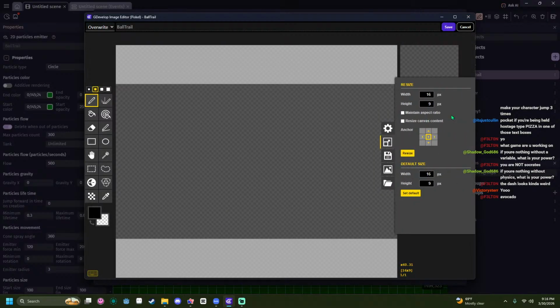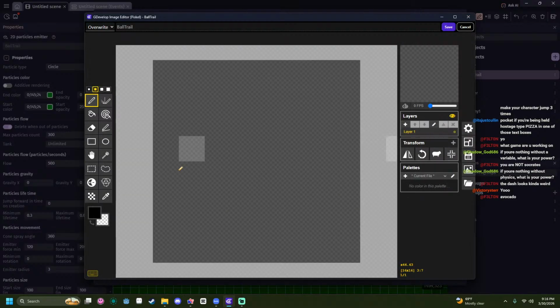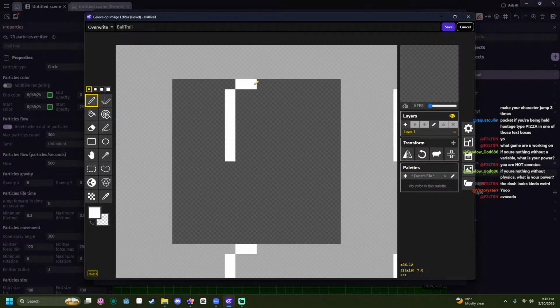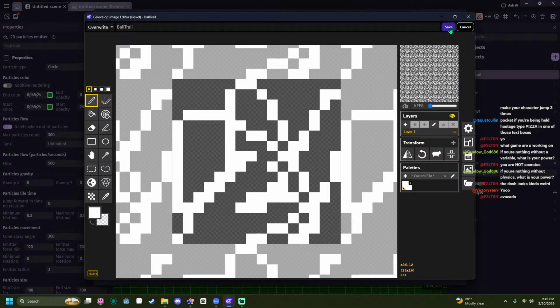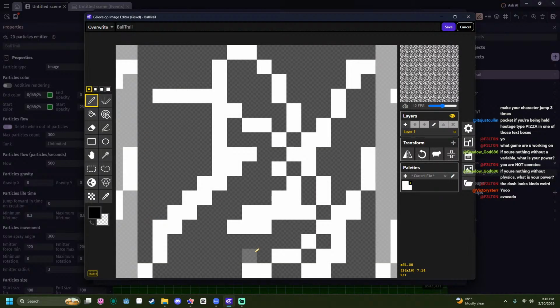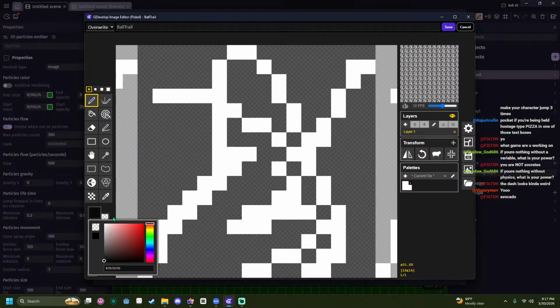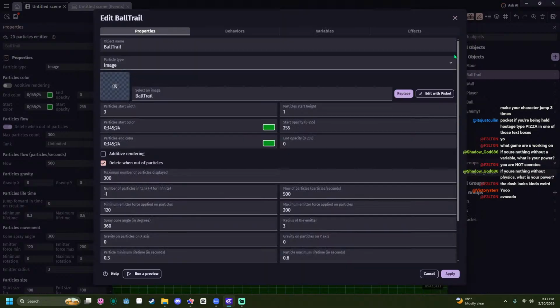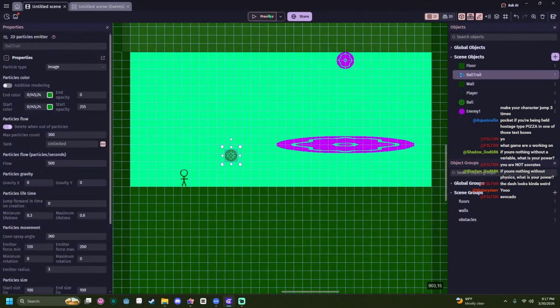Make it small, like 16 by 16. I kind of want it to just be like a mess, like that, except less square. Let's try that.